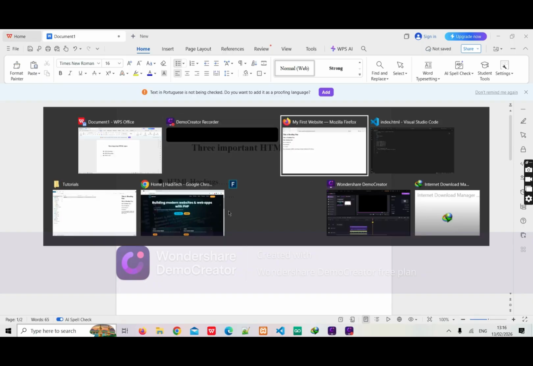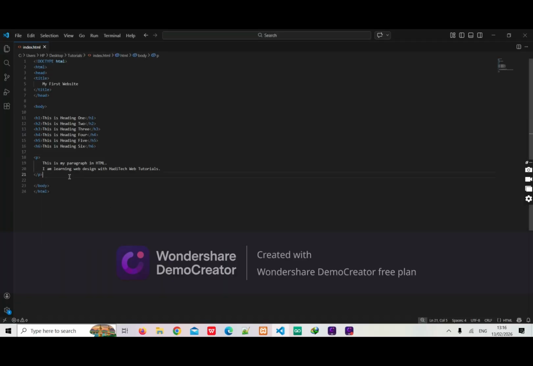You understand? Let's write a code. For example, this is the anchor tag, which is A. The browser understands this, and the href equal to